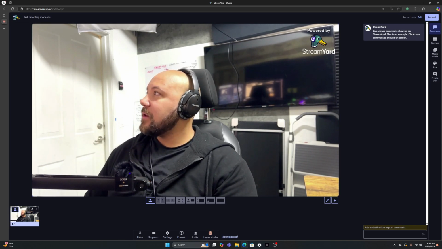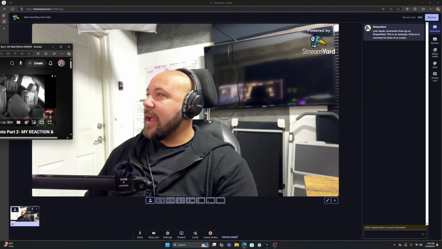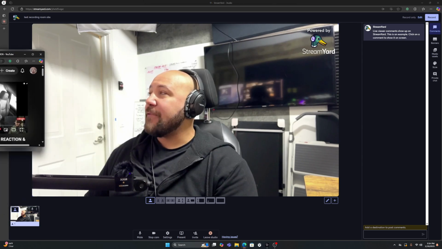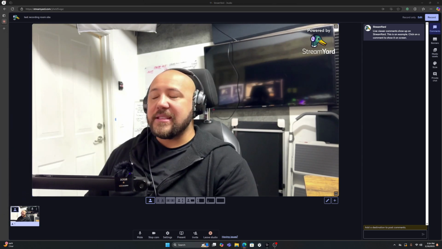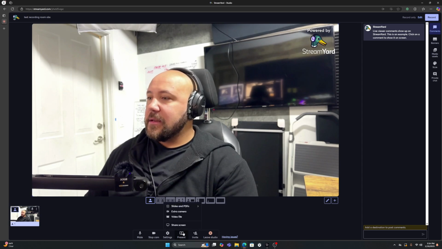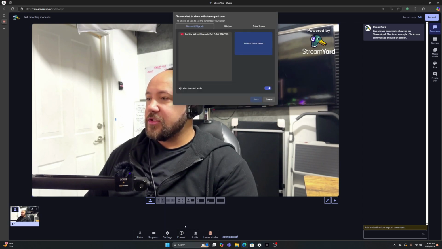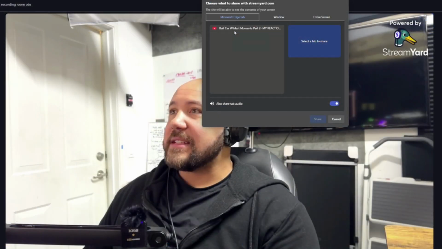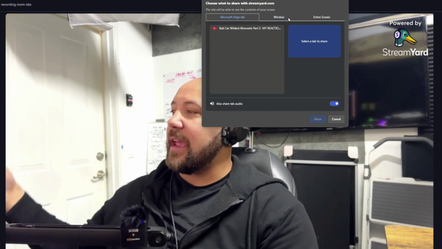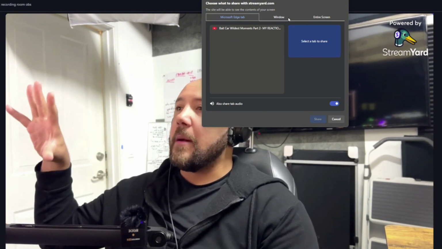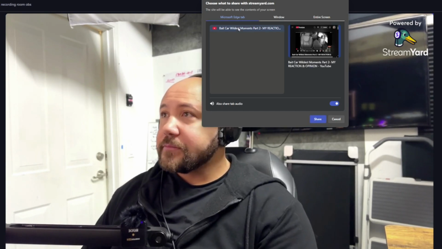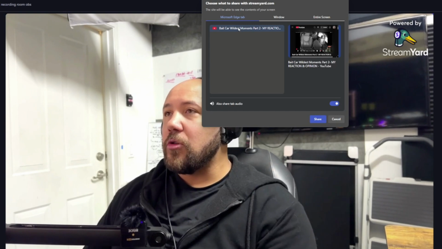So if you guys look right here, what I have is a separate window. You have to have it open for it to be seen by StreamYard. We're going to come over here to present, and you're going to go to share screen. Cool. And it's the tab. Do not do the whole screen, because if something pops up, it's going to show. But if you do the tab only, it's only going to show that tab, and